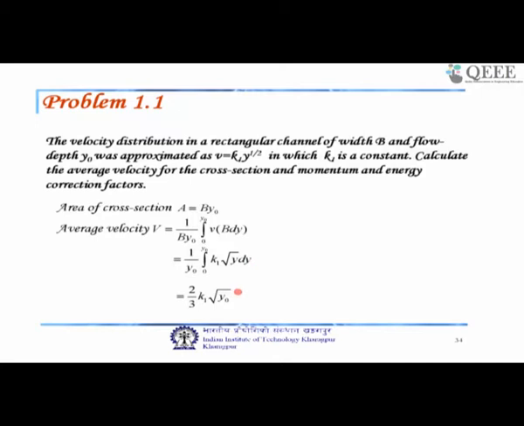So, this will be y to the power 3 by 2 by 3 by 2, that will be 2 by 3, and y naught will cancel out. So, finally, it will come to this k1 y naught